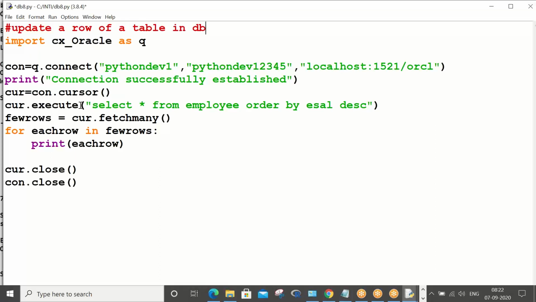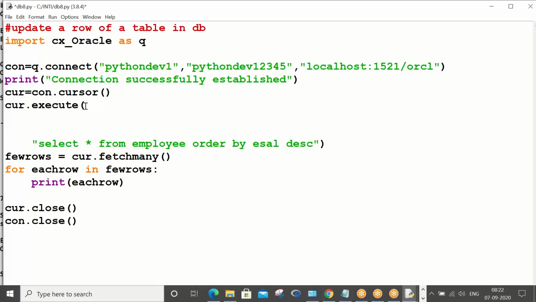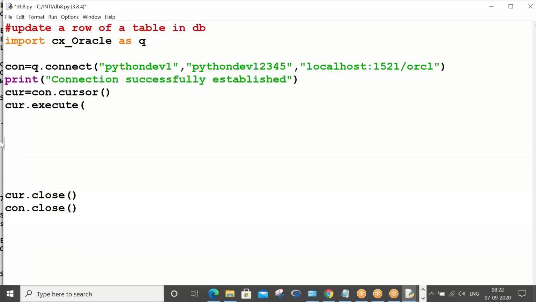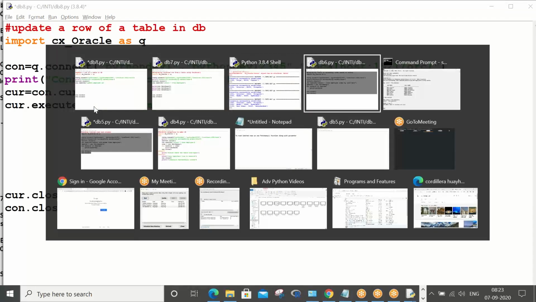Till here the story is the same, and this is the only thing you have to change. Update employee. This is the table we have. Update employee set. What shall we change?